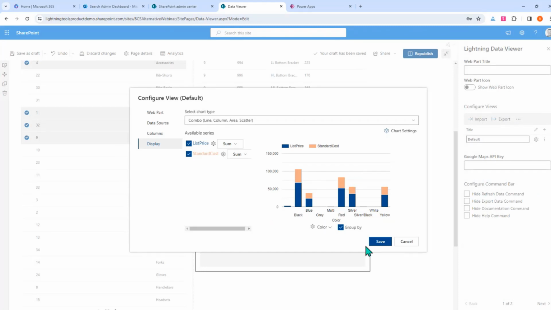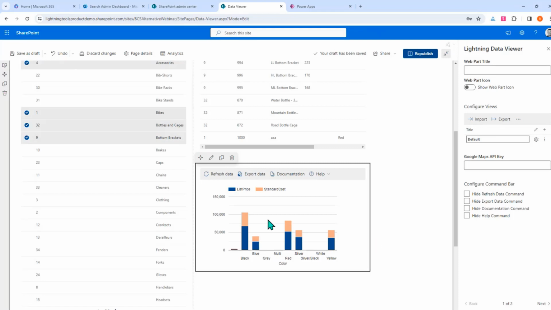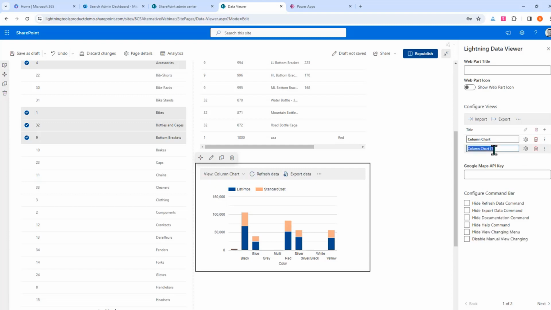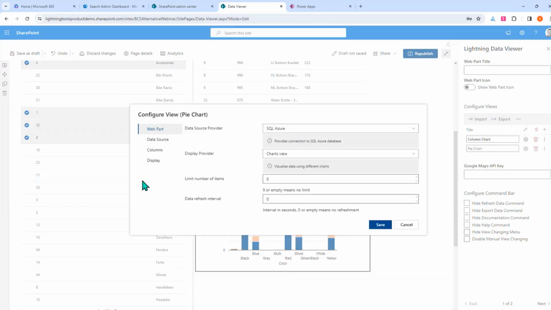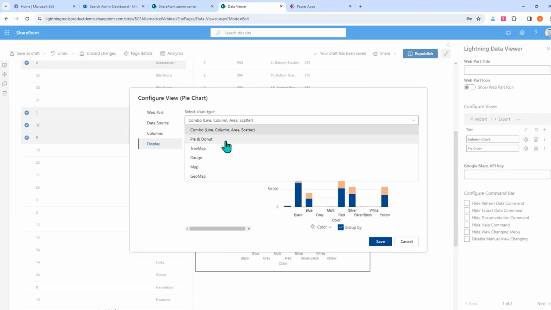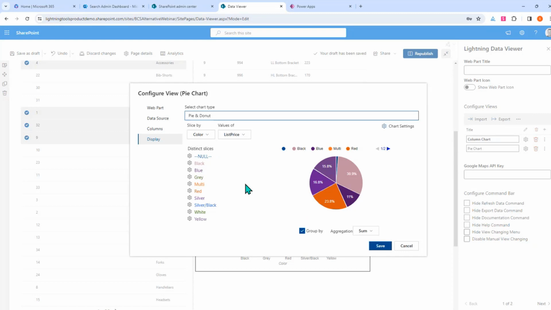Once we've got that configured, we can hit save, and we've got our first chart. And we could label that as column chart. If we want to, inside the same web part instance, we could clone this view, but let's have a pie chart this time. Depending on how you may want to see it, of course, that could be a separate web part instance if we wanted to, but we could come down here to the display, and we could change this out to a pie chart. So we're also grouping by colors,